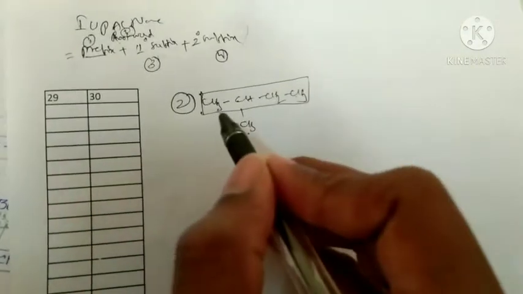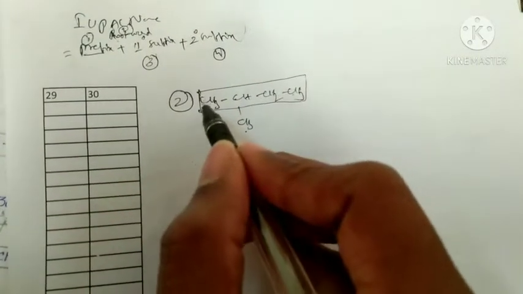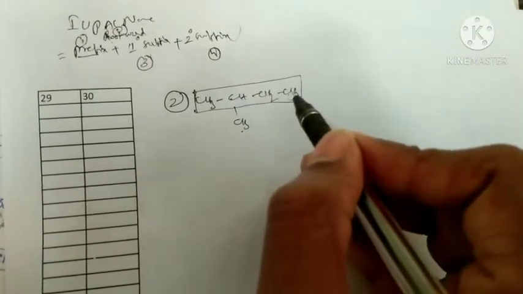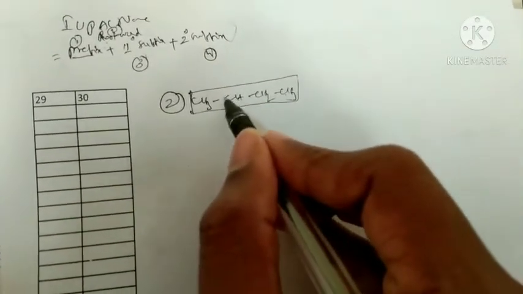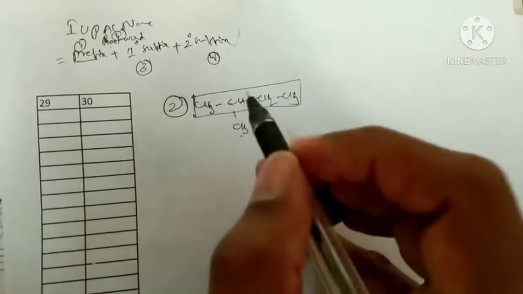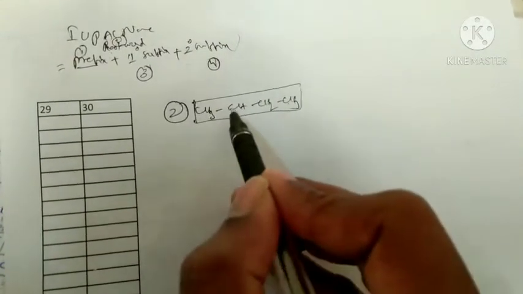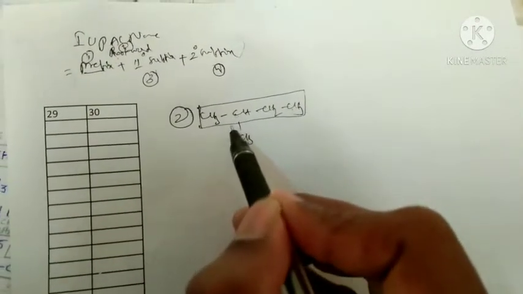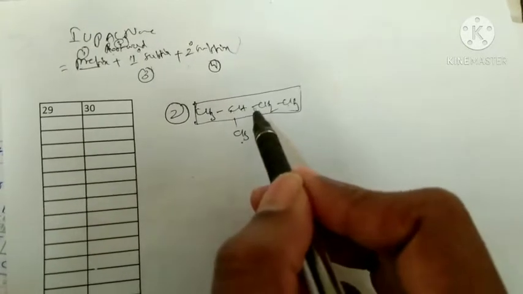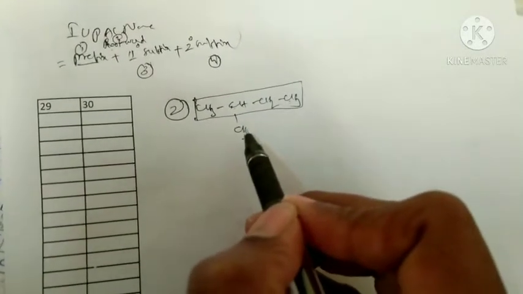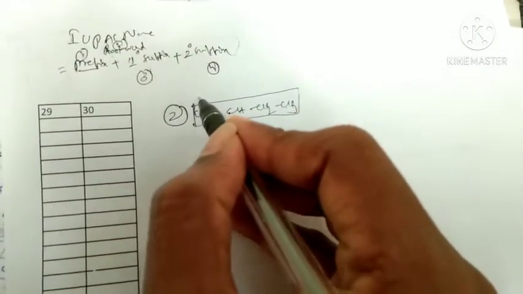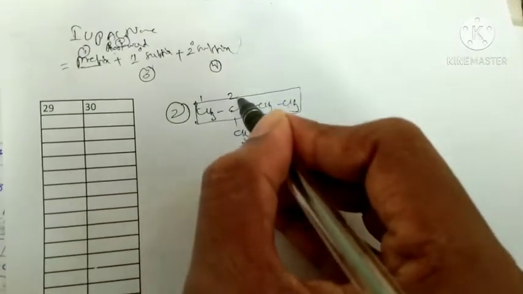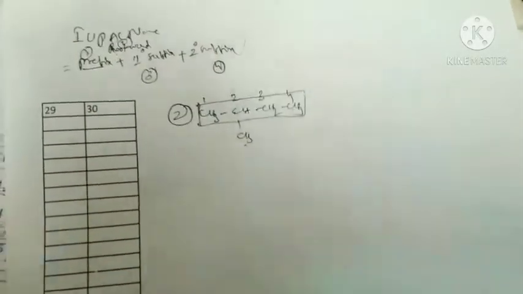So we should give numbers here from left to right. We should not number from right to left, because then this carbon gets the third position. If you number from left to right, this carbon gets the second position, and second is less than 3. That means we are giving more priority to the substituent. So numbering is given from left to right, that is 1 2 3 4.